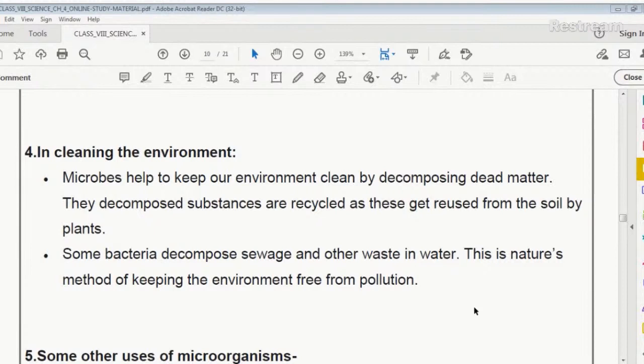For this, I will give you an example. What we need to do is take two pots and fill each pot half with soil. Now mark them A and B, and put plant waste in pot A, and things like polythene bags, empty glass bottles and broken plastic toys in pot B. Now put the pots aside and observe them after 3 to 4 weeks.